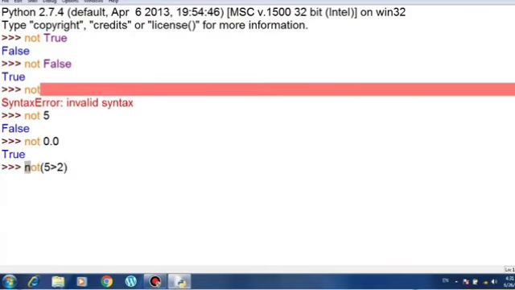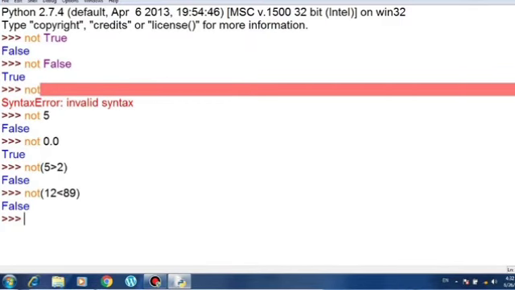You can work with expressions in the NOT operator also. Suppose I have written not 5 greater than 2, what will it give as the answer? 5 is greater than 2, it is true, so it will give you the answer false because not true makes the answer false. Now if you write not 12 less than 89, it is true, so it will give you the answer again as false. So this is how truth value testing works. I hope you have understood this, students.